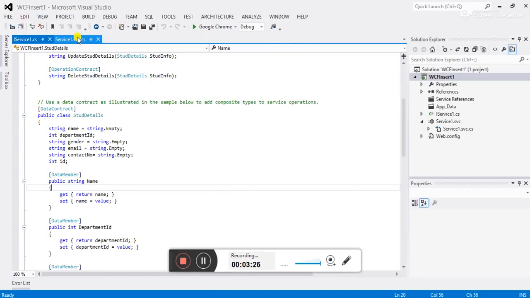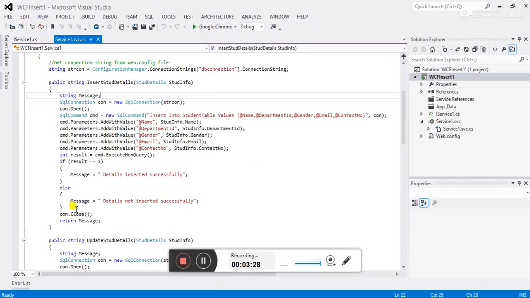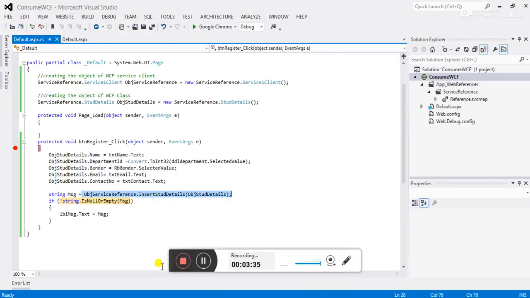This result we need to assign to some string variable. Then we first check that this string is not null or empty. If it is not null or empty, then we assign this string to a label here.